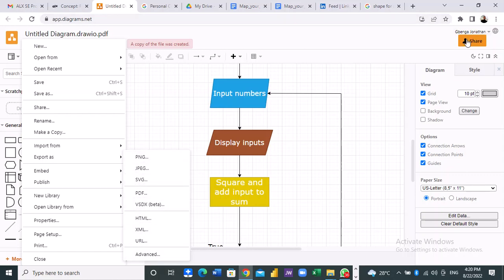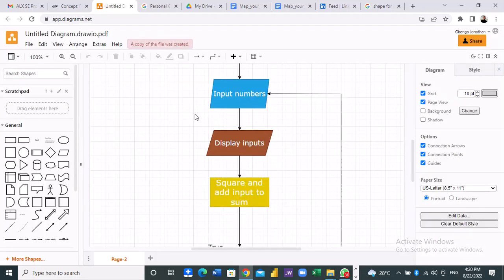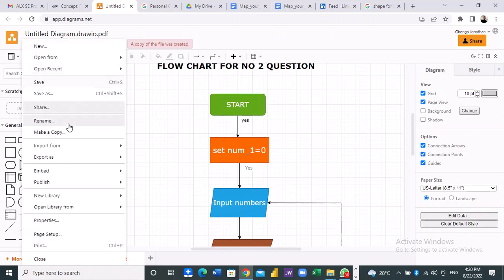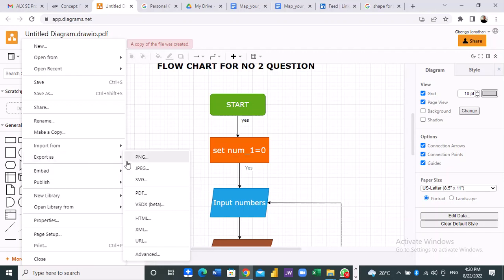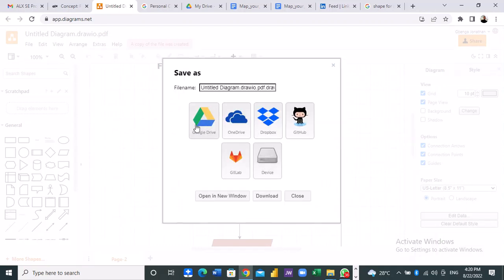And then if you want to share your work with your friend, you can do that. Again, the instruction is that you put your work in a document. So the best thing you can do is first of all convert it to PDF. When you convert it to PDF like this, then you come here, you export it, then you can go to Google Drive. So you carry your work to Google Drive. From Google Drive, you can then